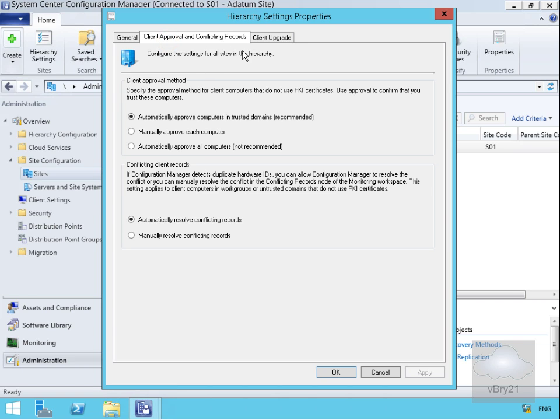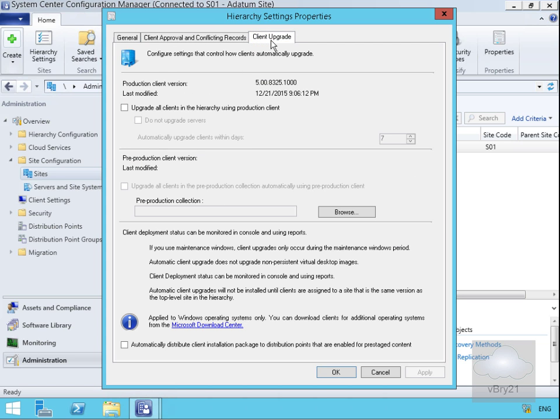Client approval and conflicting records: we can automatically approve computers in trusted domains, or we can manually approve each computer, or we can automatically approve all computers, but that's not recommended. So what we're saying at this point is just approve computers in purely our trusted domains. And down at the bottom here we'll automatically resolve conflicting records, and then finally under our client upgrade,